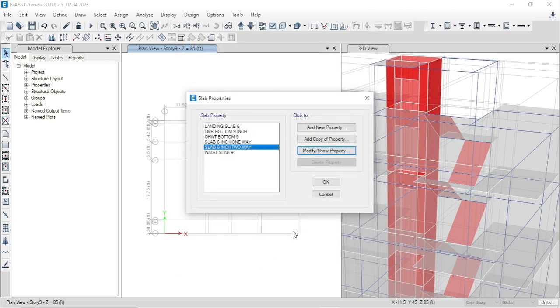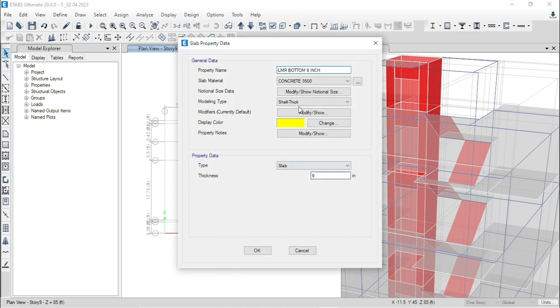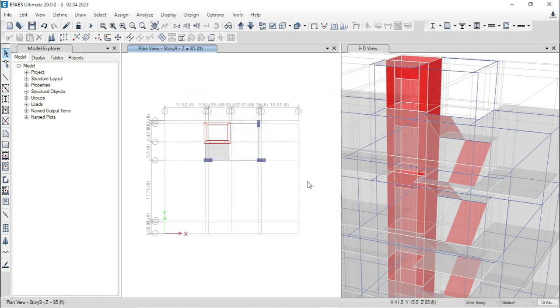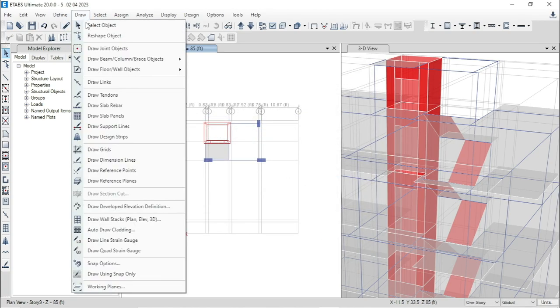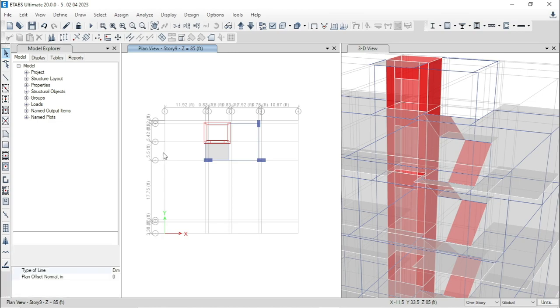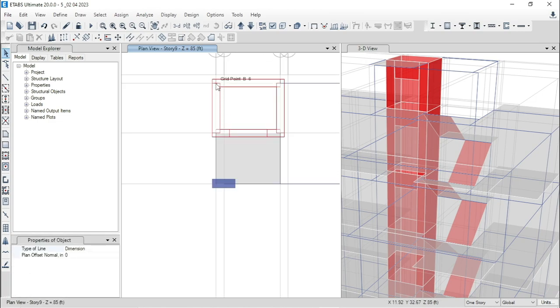Okay, so let me discuss why I have taken the lift machine room bottom slab as shell thick. As you can see here, if we go to draw, then draw dimension line, you can see the dimension of this span is 6 feet 10 inch or 6.83 feet.